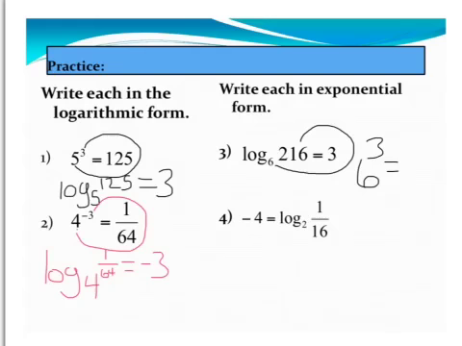Equals, and where I end up, which is the 216. Now it's in exponential form. Both of these forms are important, so you need to be able to go from one to the other. Alright? Now this next one, I'm going to let you guys try it,